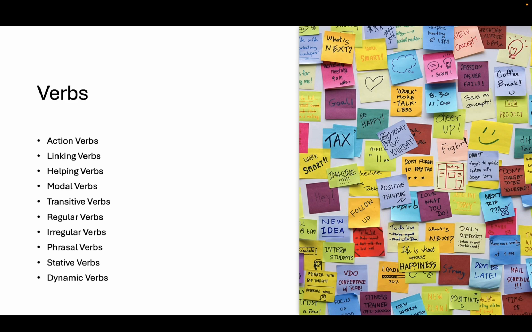You have action verbs, which describe actions, linking verbs, which describe or identify an object or a subject, helping verbs, which extend the meaning, modal verbs, which express permission or possibility, transitive verbs, which require a direct object to complete meaning, intransitive verbs, which do not require a direct object to complete their meaning, regular verbs, which follow a consistent pattern of past tense and past participle, irregular verbs, which do not follow a consistent pattern, and we will cover this,